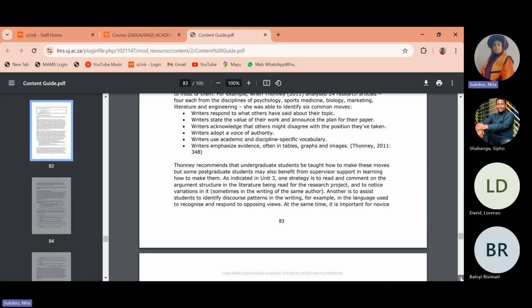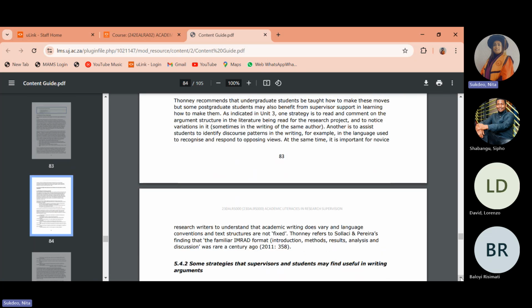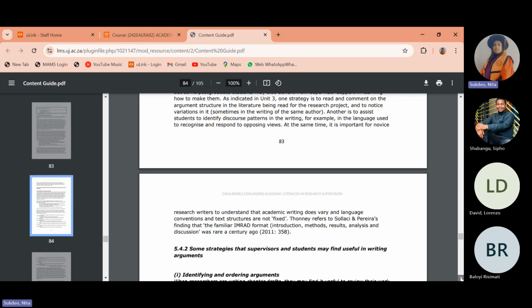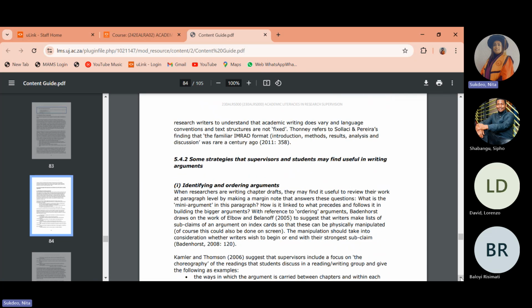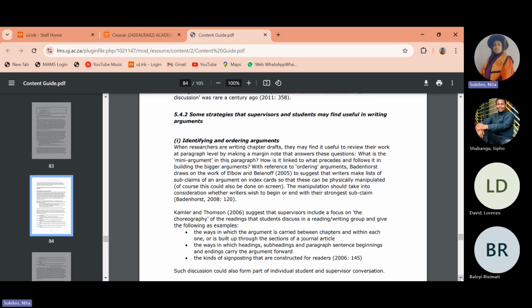You're going to draw a very good argument as to why you as a student should be embarking on this research. That is what the argument is all about. So, some of the strategies that supervisors and students may find useful in writing their argument: